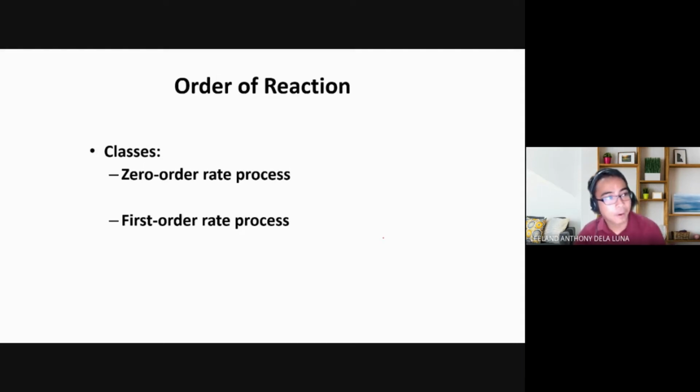So we have two types of order of reaction, class. You have the first order and the zero order reaction. So first things first, what's the difference? Zero order rate process, class, follows the saturation kinetics. While for the first order process, we call this the linear process. Bakit linear? Ang assumption kasi, class, pag isang gamot ay sumusunod ng first order process, so linear, the